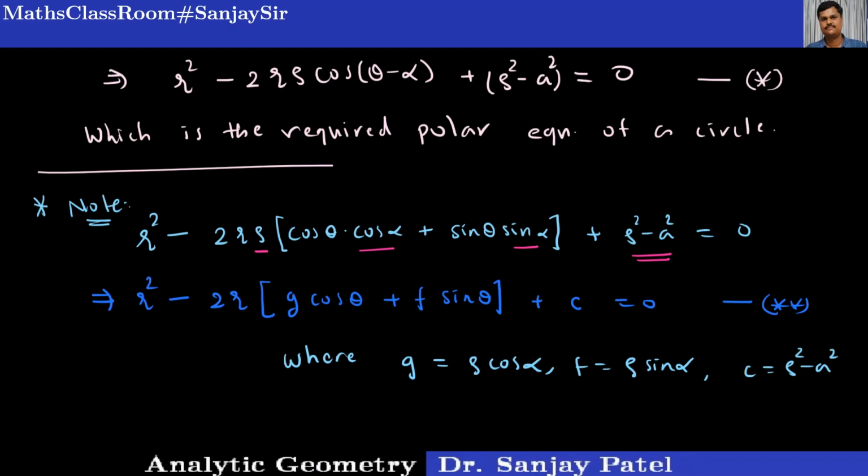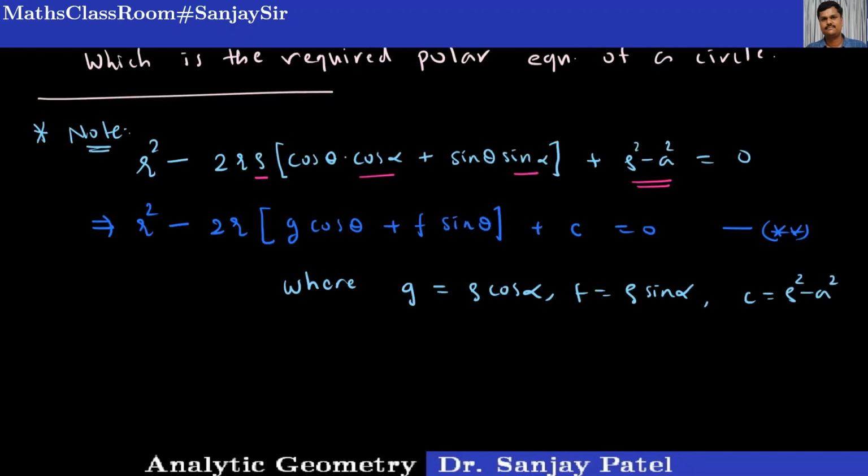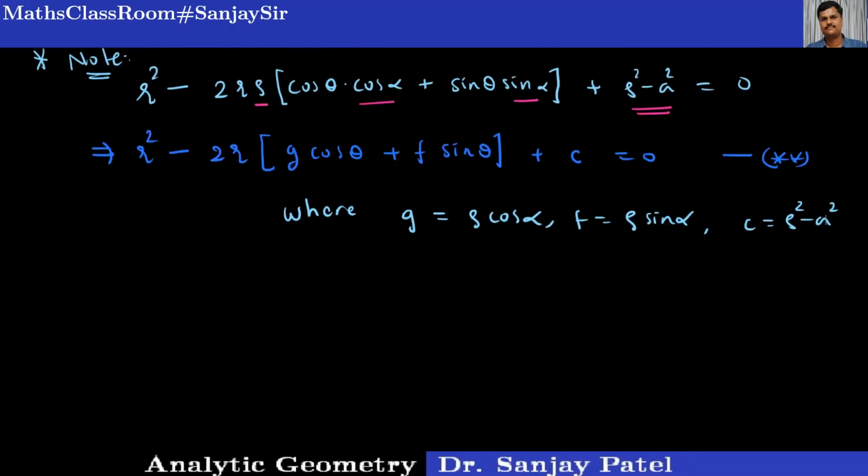But the question arises, if you take an equation of this form, is it always a circle? Then the answer is not always. It represents a circle only if some condition is satisfied. What is that condition? And that we can think like this. Here we have c is equal to rho square minus a square, which I can write as a square is equal to rho square minus c.